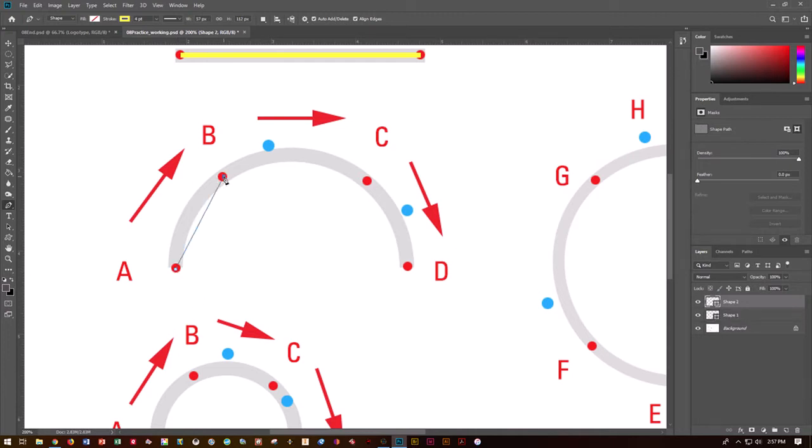Alright, so I'm going to go ahead and come to A. I'm going to come to B, and if I just let go, I'm going to get a straight line, which is not going to help me get that curve. So I'm going to do a Control Z to undo. I'm going to go to B, and I'm going to hold my mouse down and drag those handles until I get to about the middle of that indicator box, that blue,